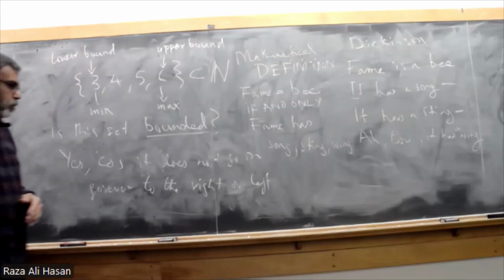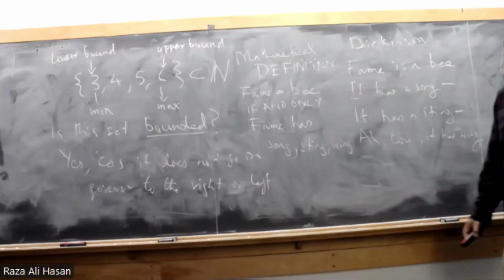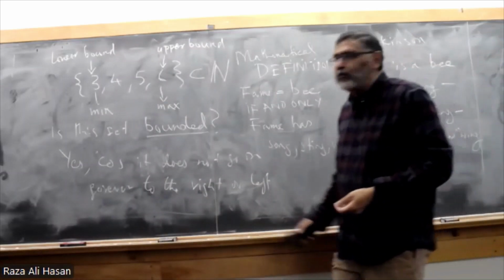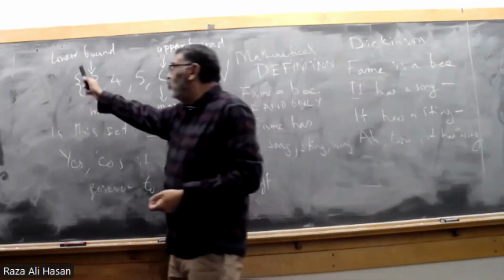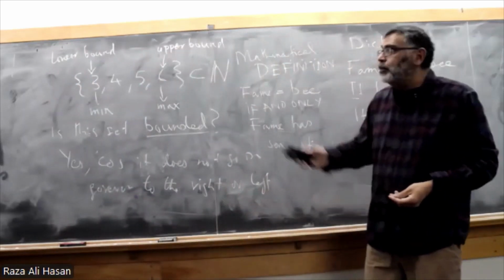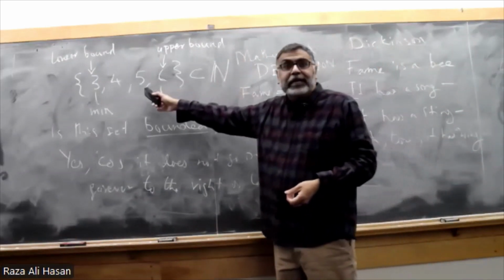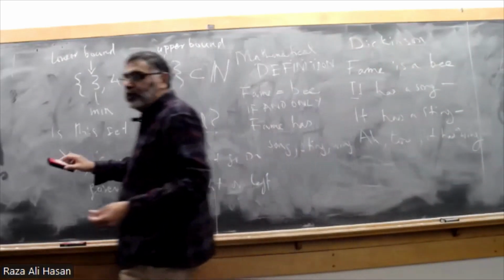Okay. So right now, how many upper and lower bounds do we have? We have one upper bound and one lower bound. But in fact, there are other upper bounds, and there are infinite upper bounds for this set because the definition of the upper bound is